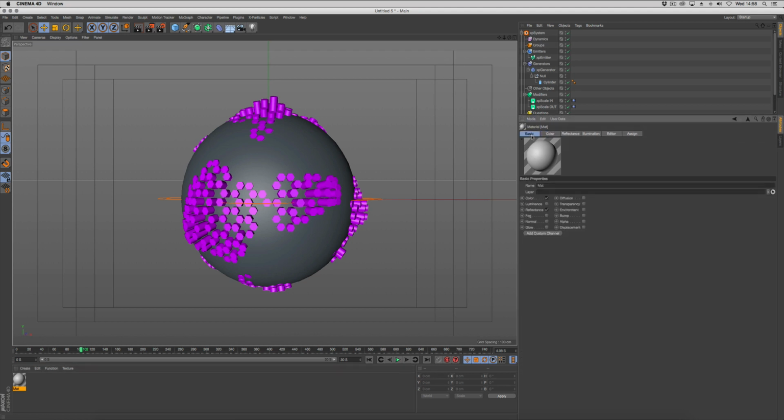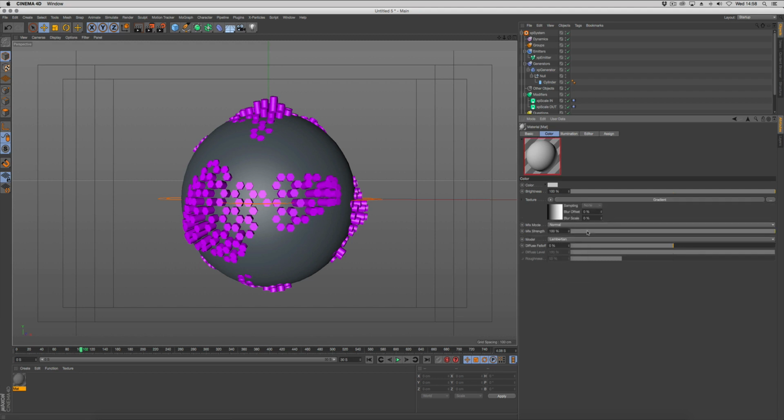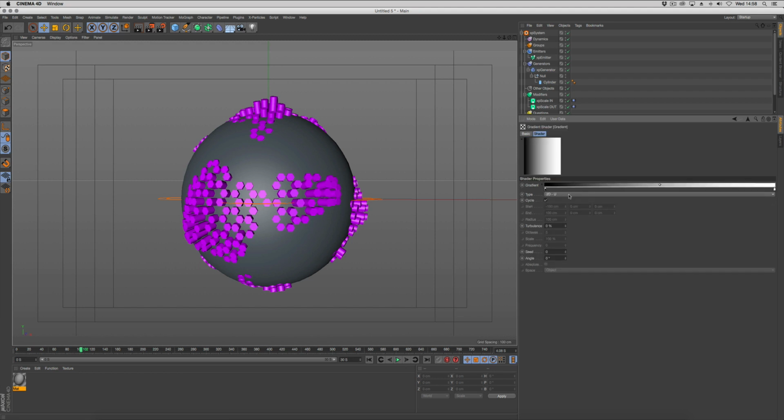Material selected, we're going to turn off reflectance because we just wanted to look at the color for now. And we'll go to texture, we use gradient. With the gradient we're going to change the type from 2D U to 3D spherical. That's going to create this little mat here, and we can change the position of the